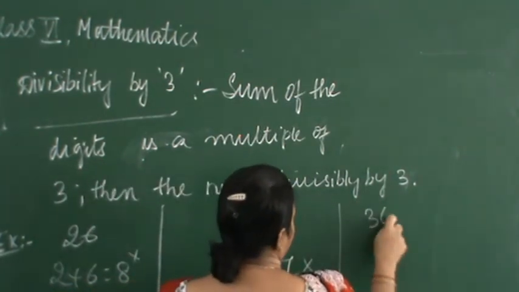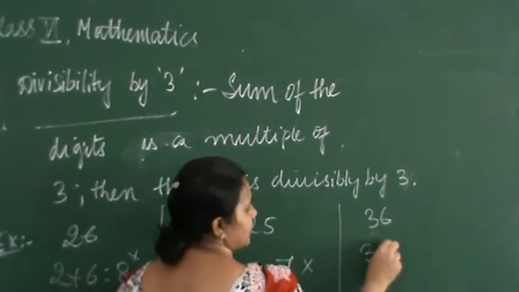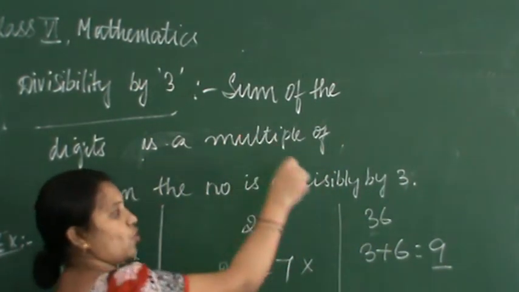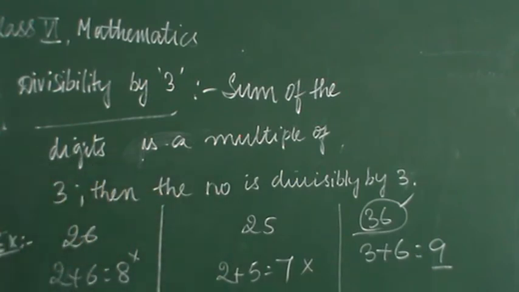Now check 36. Initially you have to find the sum of the digits. 3 plus 6 is 9. Yes, 9 is a multiple of 3. So 36 is divisible by 3. Understood children? If we ask you to check the divisibility rule for a number, initially you have